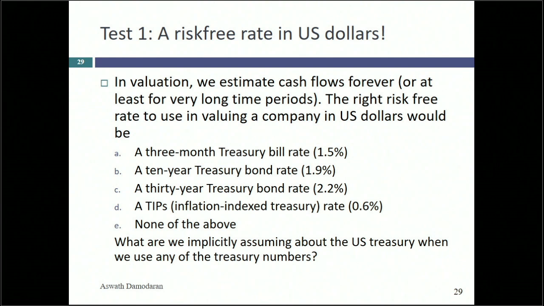My cash flows last forever. What's the problem with using a 3-month T-bill rate? It's not risk-free. Think about duration, right? So 3-month T-bill rate is off the table. I projected the cash flows in US dollars, so it's a nominal cash flow, so I can't use a TIPS rate, which is a real risk-free rate. So that kind of led you to the choice, 10-year or 30-year. If all you had to do was estimate a risk-free rate, which one do you think is a better choice if your cash flows last forever? 30-year, right? If all I had to do in valuation was pick a risk-free rate, I'd use the 30-year T-bond